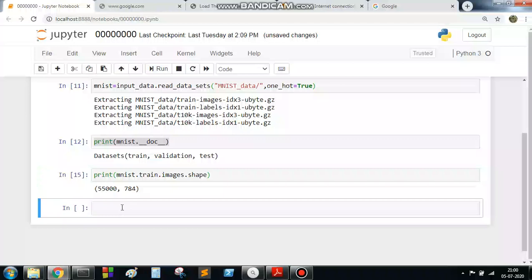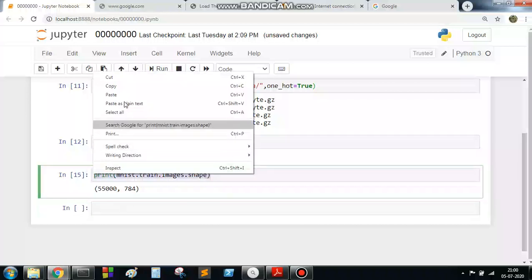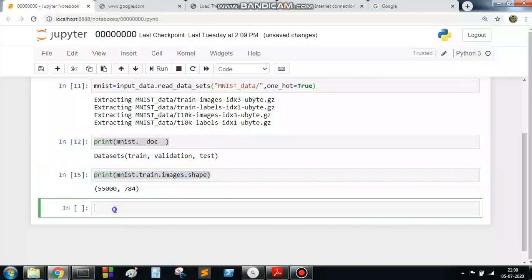If I see the same thing against the labels, I can copy here and paste here, and in place of images I put the labels.